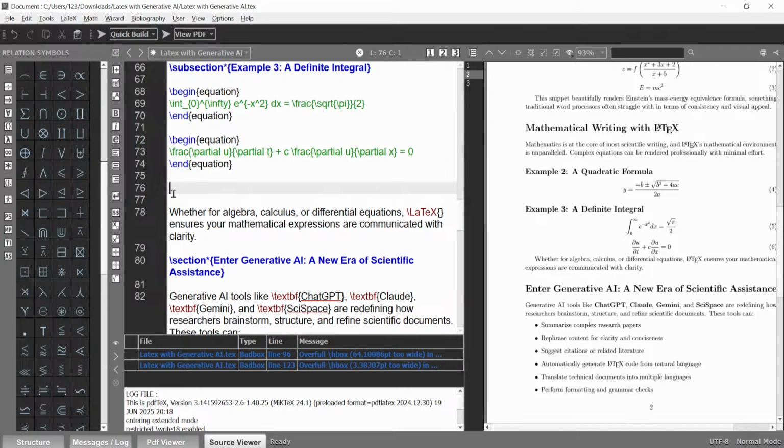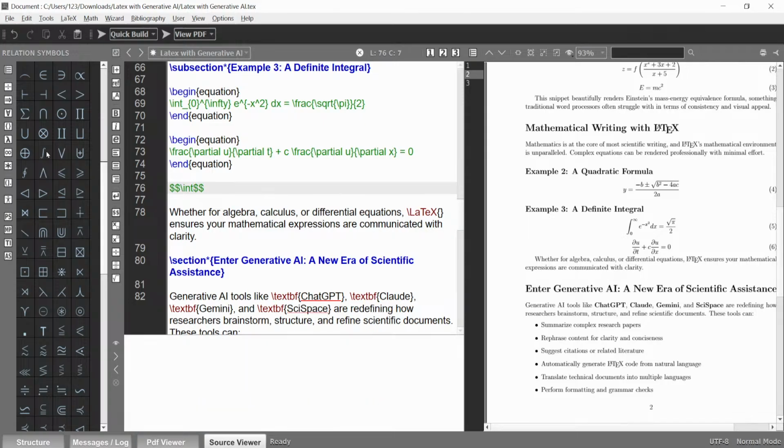See here, I am using the equation without number. I want to write an integration. So here, this is the sign of the integration. Click on it. Okay, this is the symbol, and then you need the lower limit. The lower limit you can take here as A, and for the upper limit you will use capital B.